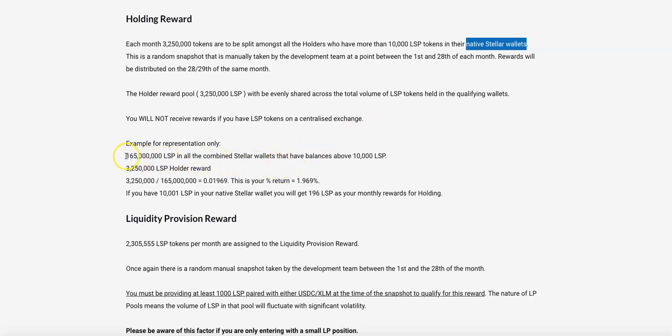So here we go, this is my example. 165 million LSP in all the combined Stellar wallets that have balances over 10,000. I've highlighted that. 3.25 million now in LSP holder reward per month. 3.25 million divided by 165 million is 0.01969. So this is your percentage return: 1.969%. That's what you're going to get. So if you've got 10,001 LSP in your native Stellar wallet, you will get 196 LSP as your monthly rewards